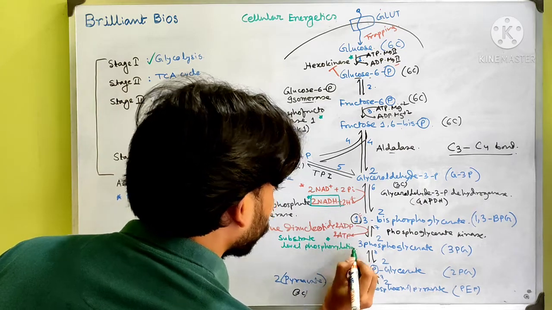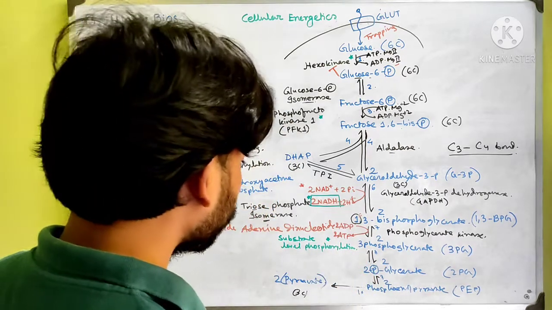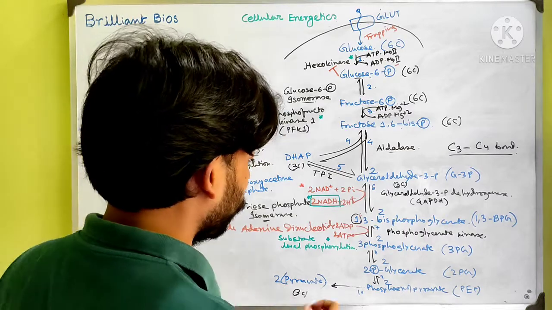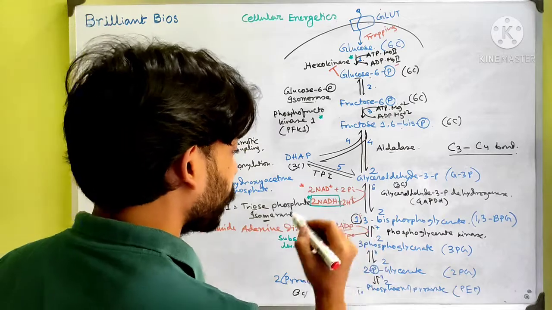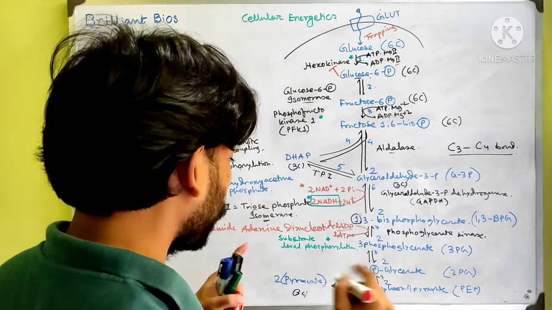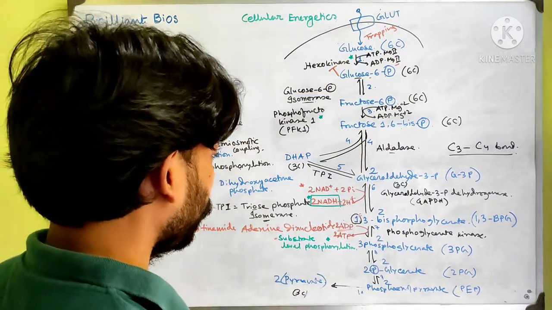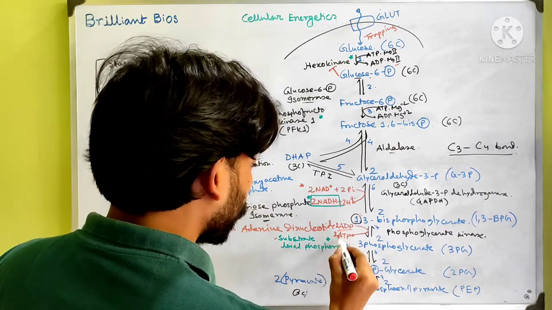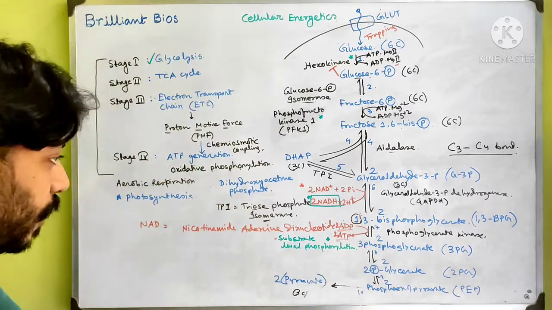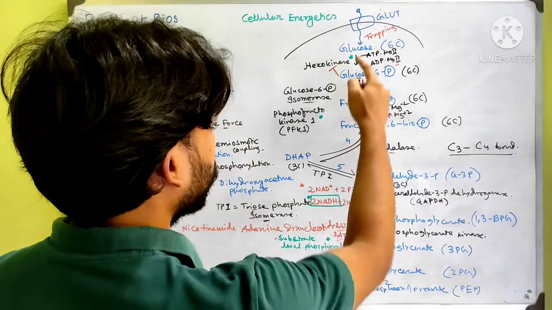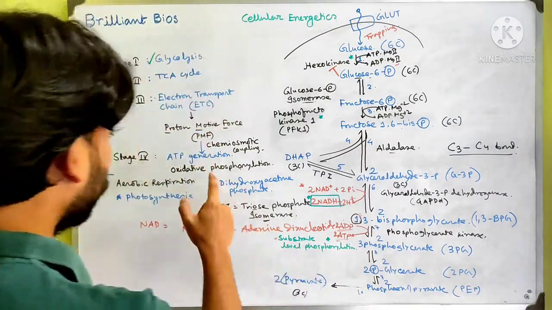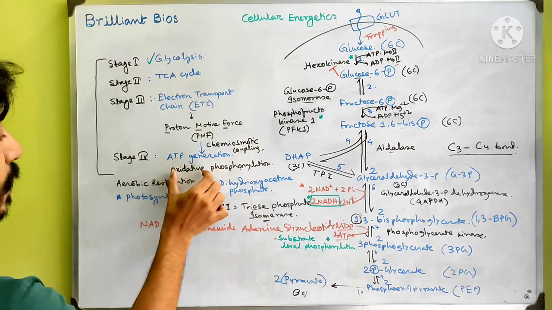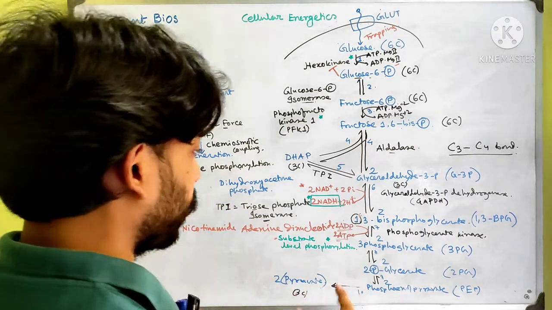Why is it called substrate level phosphorylation? Because here the substrate is ADP. So in this reaction, as much as ADP is present and as much as glucose is present, as much as the substrate is present, it can produce ATP. So it depends on the substrate level, but the other one depends on oxidative, meaning oxygen. So here is the difference.